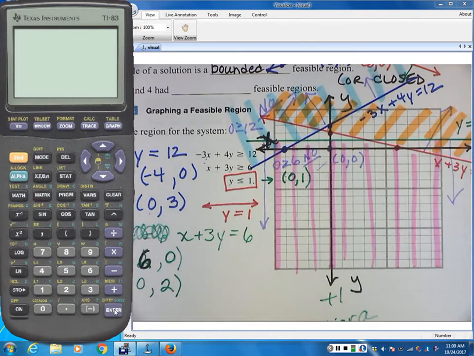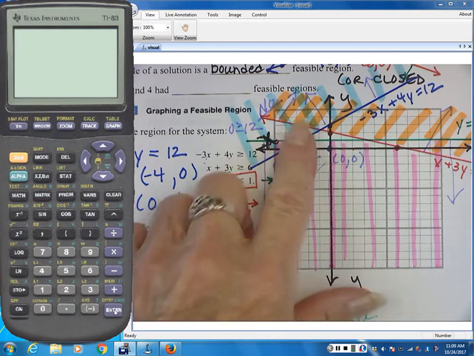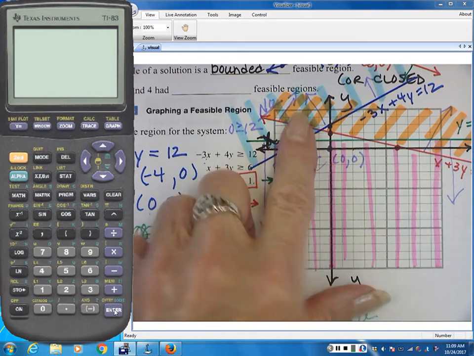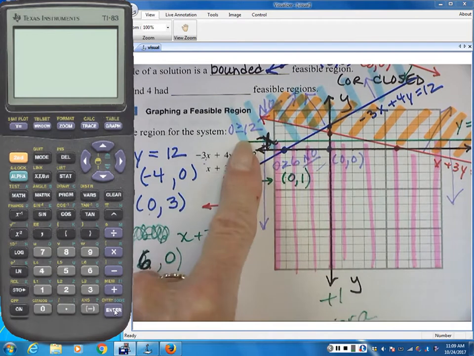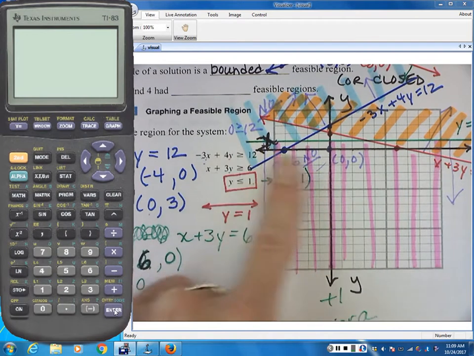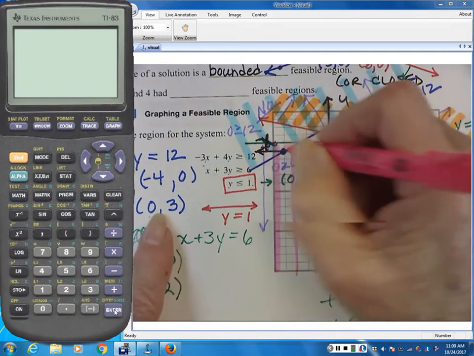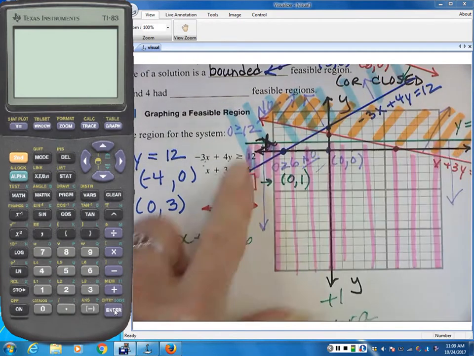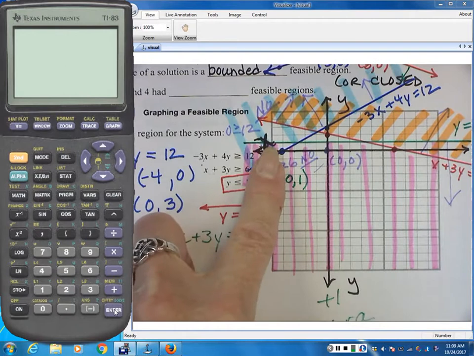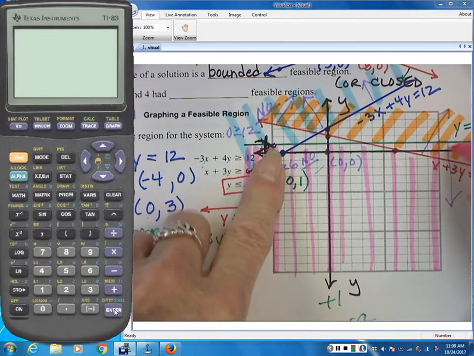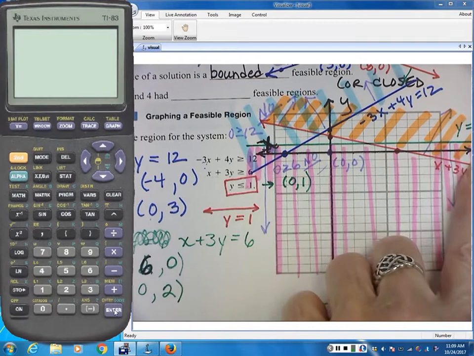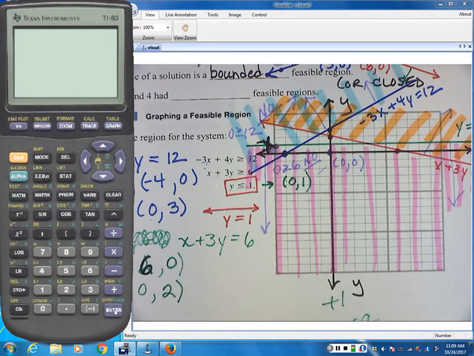Is there any place on that graph where you see all three colors overlapping? This one's blue and orange. That one's just orange. That's just blue. This is just pink. And even if I carry the pink on out here, where I've got some pink and blue, it's not pink and blue and orange. And if I bring it on out here, I have pink and orange, but not pink and blue and orange. And since the three regions don't overlap,